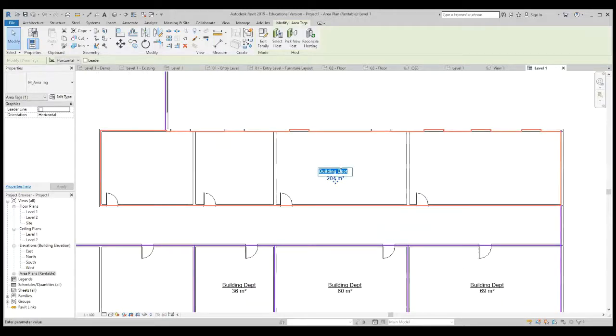Now that I have placed all of them, I can go ahead and edit it to suit what I want. Like this one now, this is architecture department. This one is lecture hall. And this is computer room. This is a general store. And I will come to this place. I will select it, and then